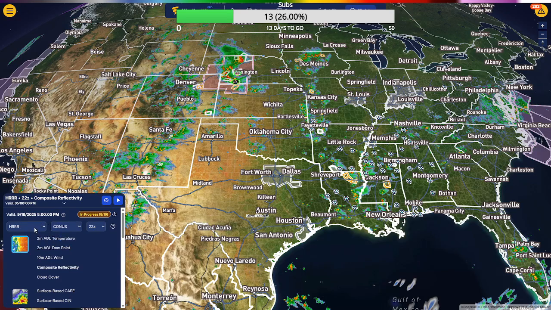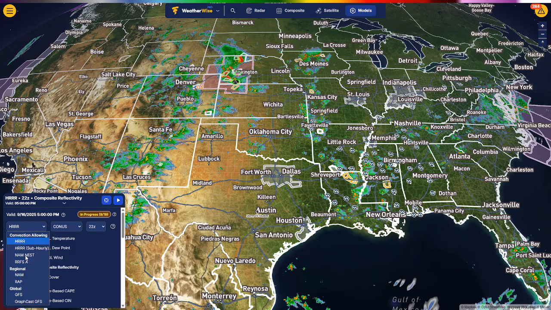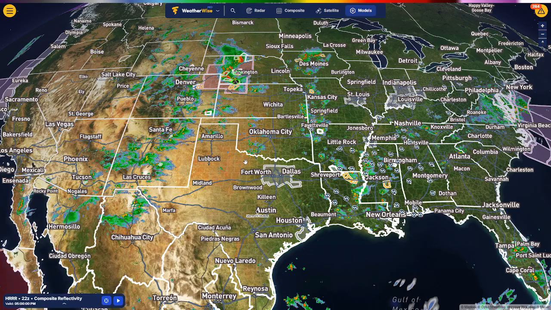I don't know a single website that has models yet for Hawaii, but I'm sure there's something that Hawaii uses for computer models. I don't know. Now, convection allowing, this is what they have right now from WeatherWise. The more United States type forecasting models will be the HRRR, NamNest, and the regional. Those are going to be more of the short-term forecast. If you want a little bit of a longer-term forecast, like 3 days out, GFS and the Graphcast GFS will be the top two suggestions that I recommend if you were to make your own forecast or